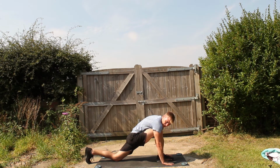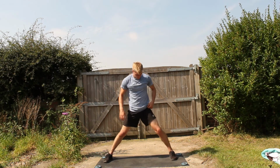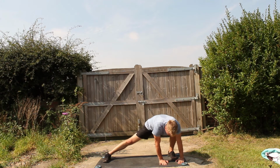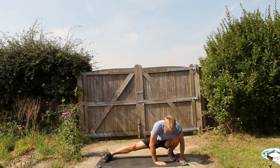Always the nicest bit when you've got the horrible part out of the way. Right. Go and do your best. Try and sort of lean to one side as best you can. Get as low down as you can, but you can only get to about here or even here, that's totally fine. It's good to know what level you're at so you can keep tabs on